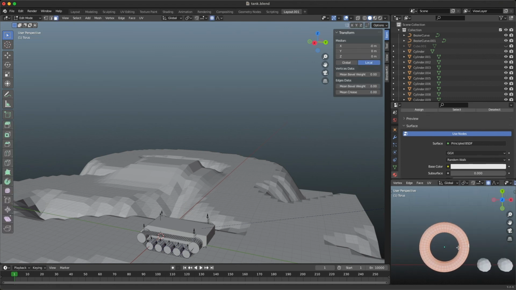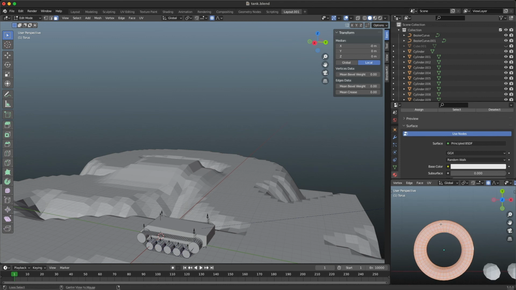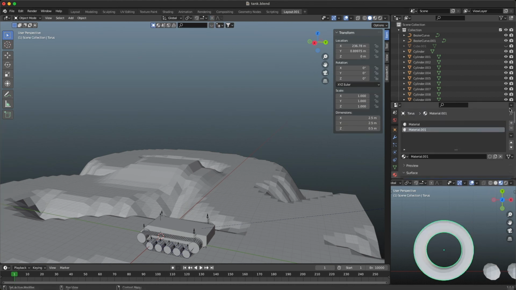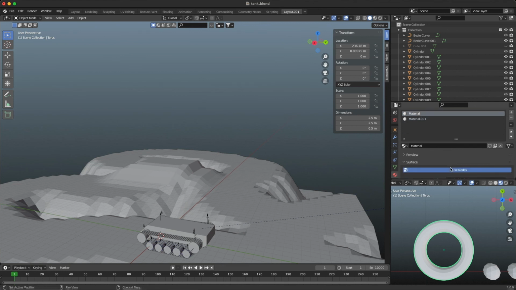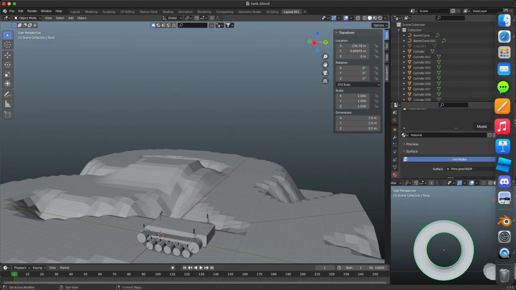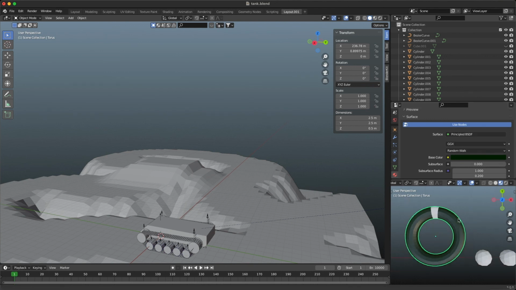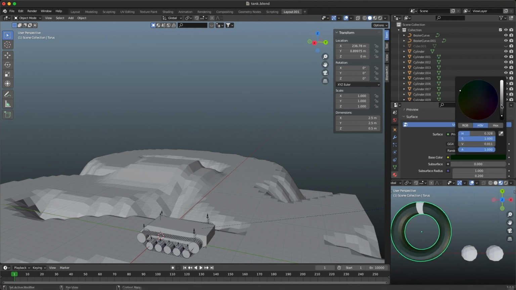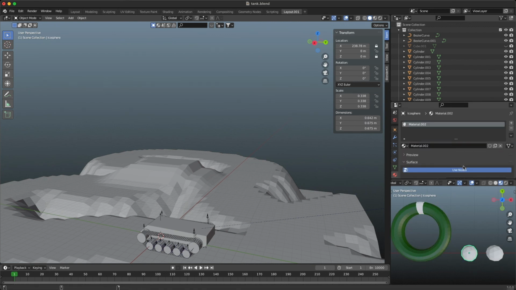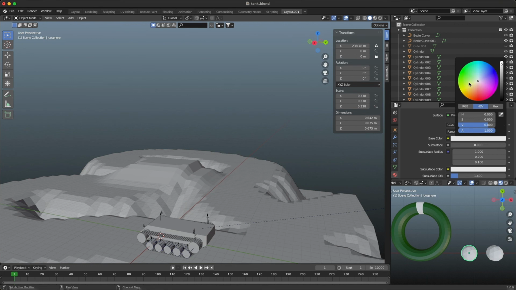Let's tab into edit mode and let's alt select some faces. Make sure you press 3 before doing this to go into face selection mode, and we're going to click assign. Once we have done that, we're going to change the original color to, let's just say, a military green, because why not? Let's fit the aesthetic, shall we? And wait, no, not that dark, that's like swamp green. Yeah, this sounds about right. Let's repeat that for that one. Make that green, same reason.